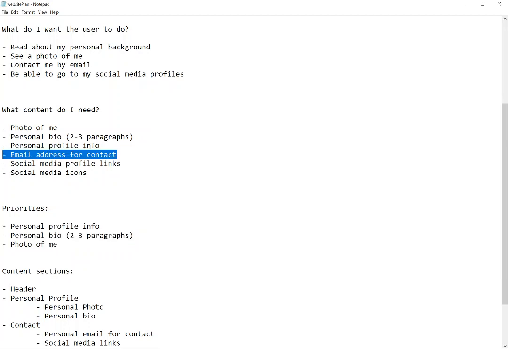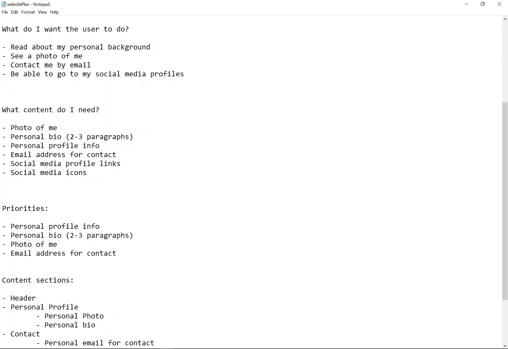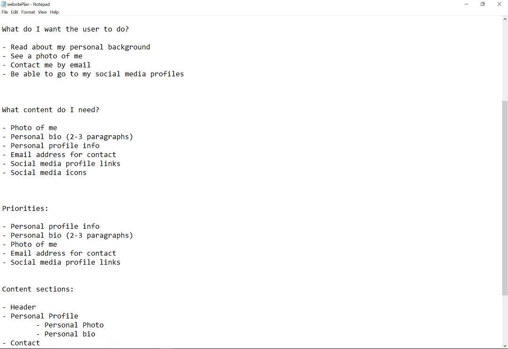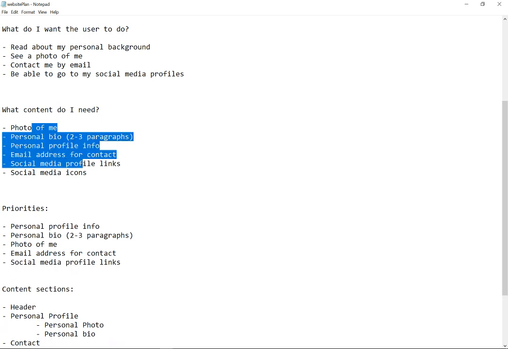The email address is next priority, and the social media links are the next priority. So my priorities are almost the same. I'm already thinking in code, so it's a little bit unfair for me. I've created pages like this before, so I'm already sort of thinking about how I'm going to make this website,